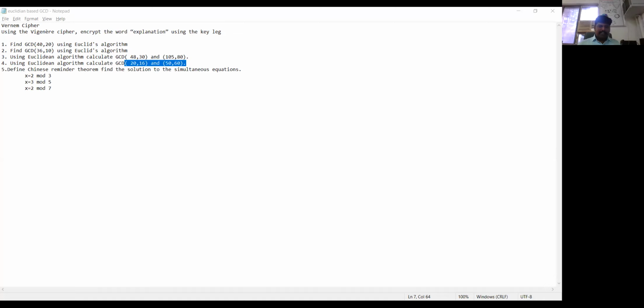I hope now we can clearly see the screen. Right. Next, I'm going to explain another technique, which is the Chinese remainder theorem. There are certain numbers which, whenever you repeatedly divide, are divided by 3 and the remainder is 2, divided by 5 and the remainder is 3, and divided by 7 and the remainder is 2.